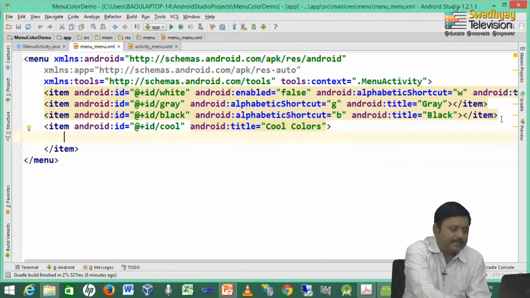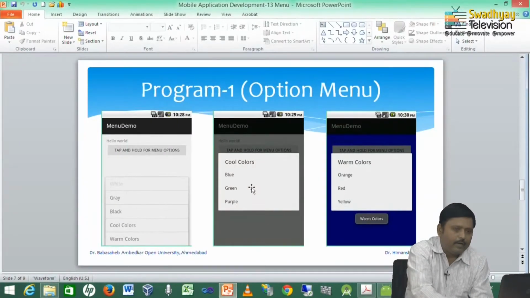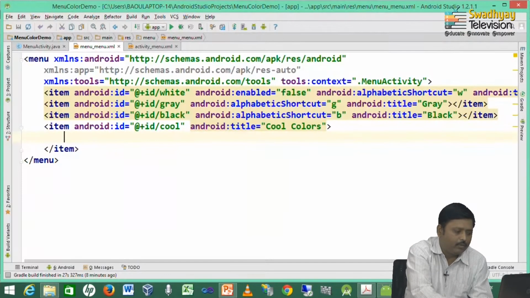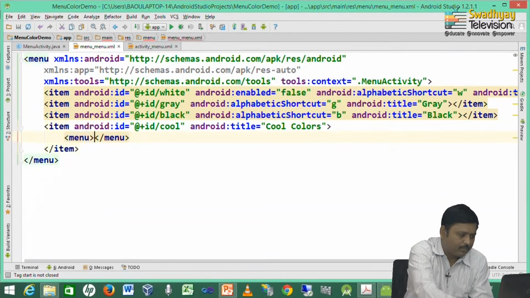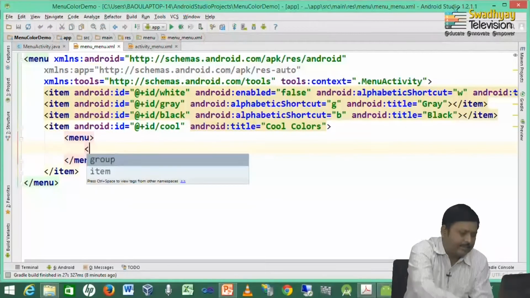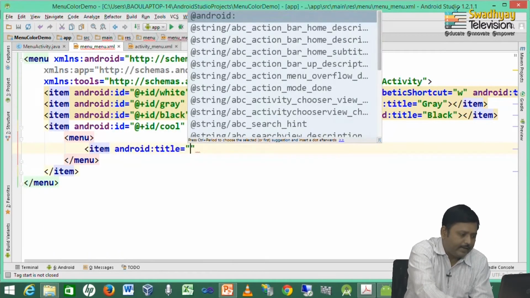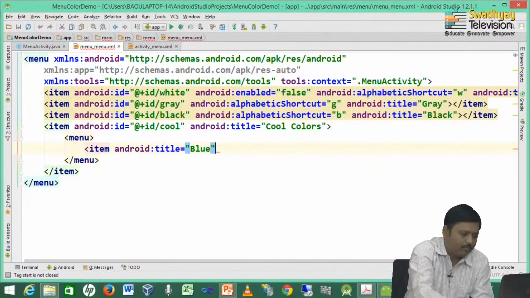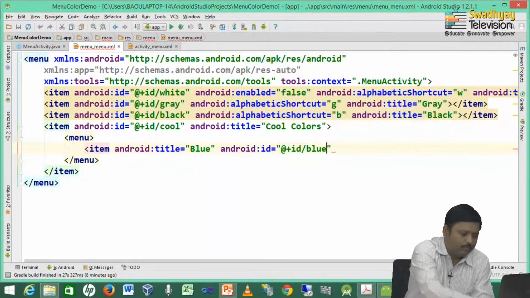Now, inside these items we want to display 3 items. Here you can see 3 items are blue, green and purple. So, we go to these, here we create a menu resource, and inside these we create an item, and title is blue, ID is blue,